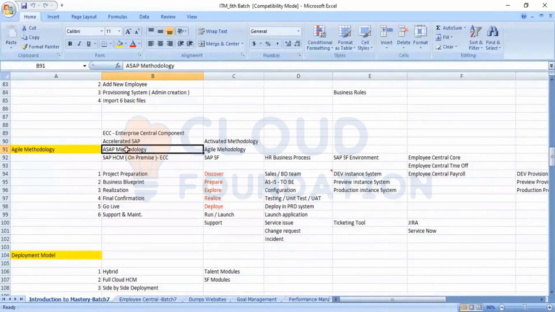And some companies keep both products, on-premises as well as SuccessFactors, which you can see among various customers. But if somebody is going for implementation of ECC, then that implementation is known as ASAP methodology.